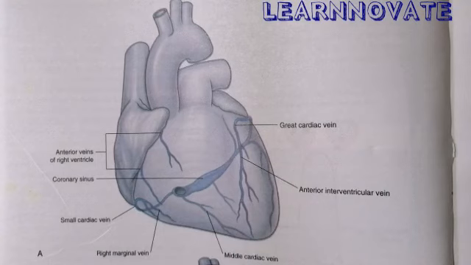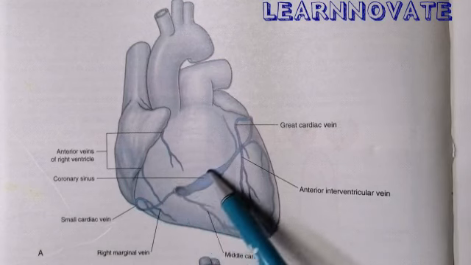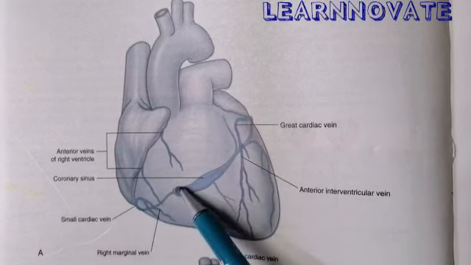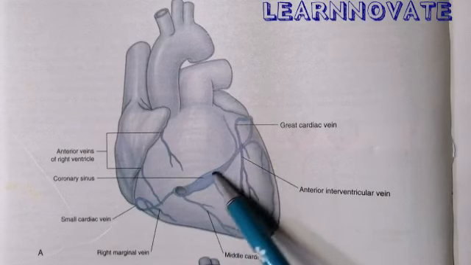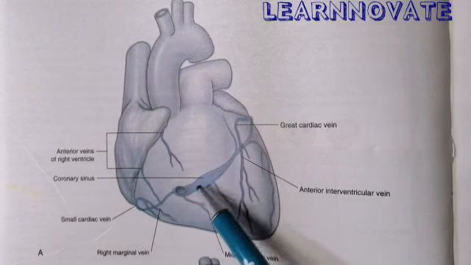So the coronary sinus that we call the largest channel of the venous drainage of the heart is a venous channel running from the left to right on the posterior surface of the coronary sulcus of the heart. This area is called the coronary sulcus, that is the meeting point between the atria and the ventricle. On the posterior surface of this sulcus is a channel of vein that is running from the left to right, and this vein is called the coronary sinus.